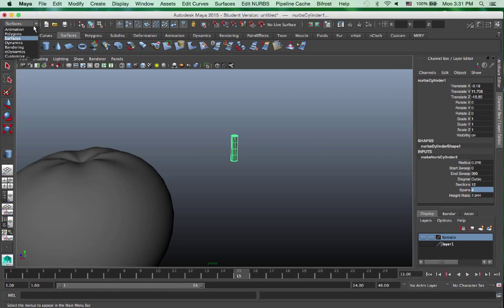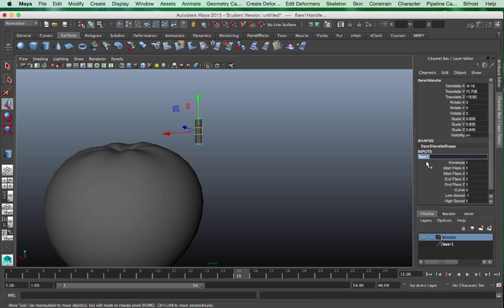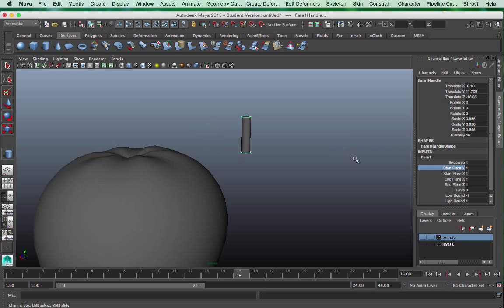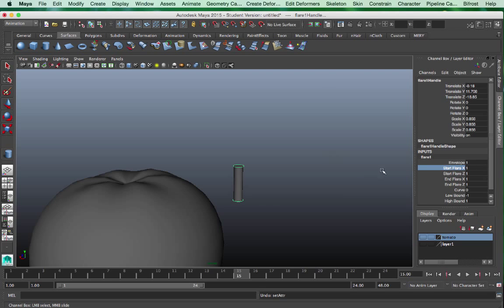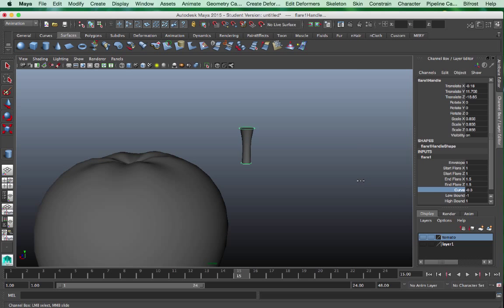And then go to the Animation tab. Under the Animation menu, we have Create Deformers, Nonlinear. In this case, I'm using a flare to make one end of the cone a little wider than the other, and shape it further using curves.